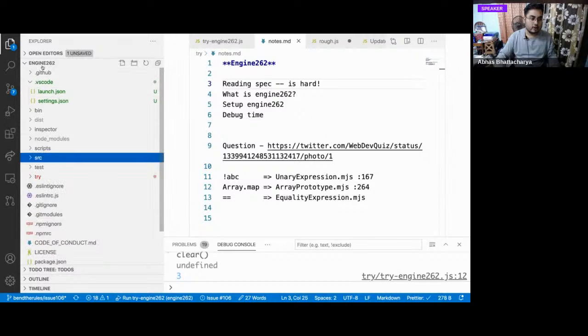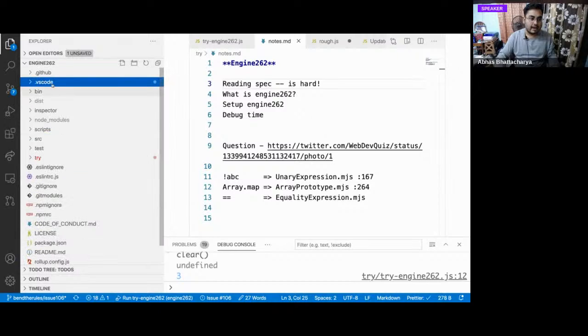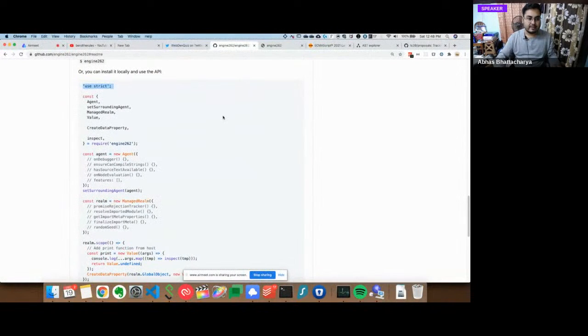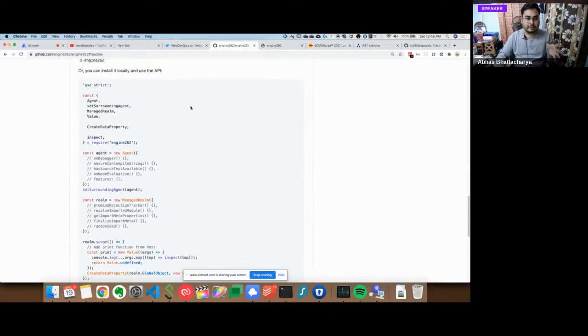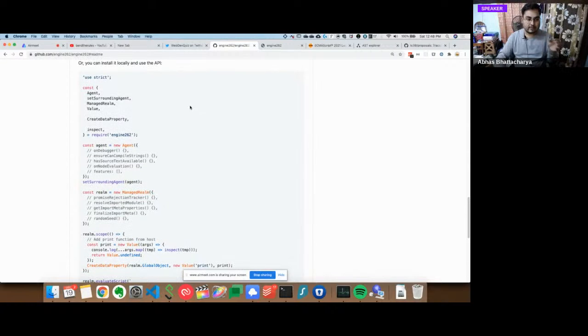I git cloned the whole Engine262 project. I've added some extra files so that we can debug it, but for most purposes this is basically just a clone of what you are seeing here. Okay, so I've cloned this repo, and to execute some JavaScript with this engine,